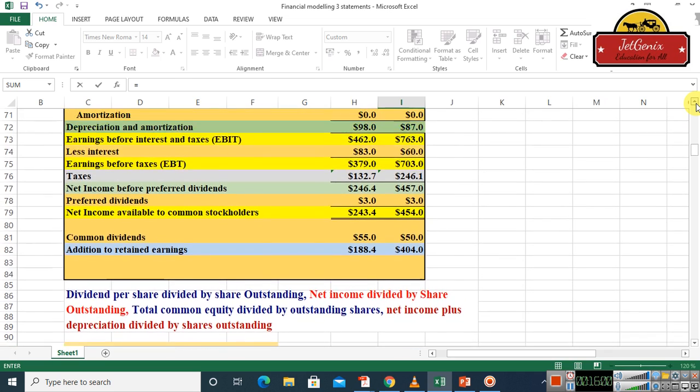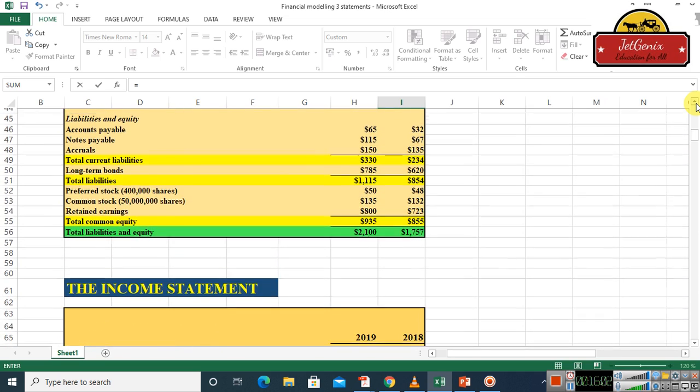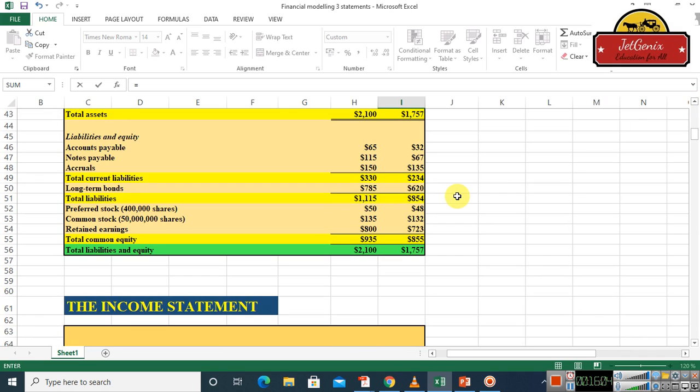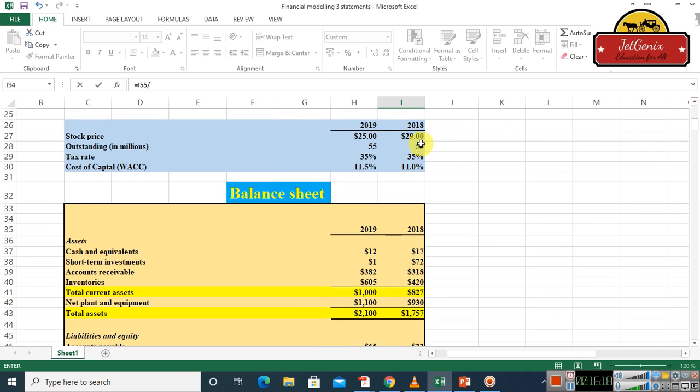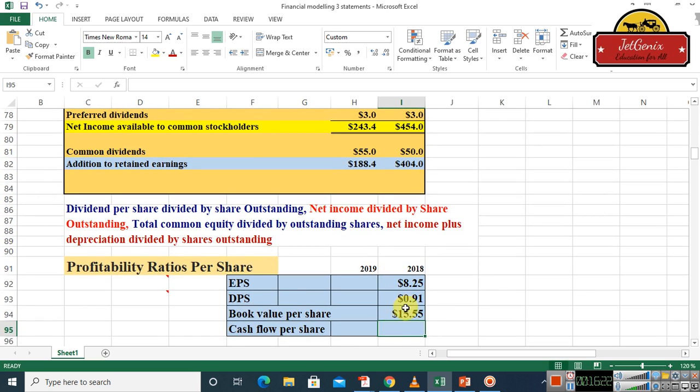which we can find in the balance sheet. So we have to go in the balance sheet, and the total common equity is here for 2018, and we will divide it. You can see the formula here. So we will divide it by the outstanding shares, and the outstanding shares we have here. Select this one and press enter. So the book value per share is 15 now, and if you can see in